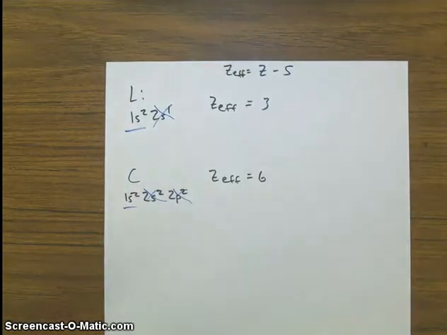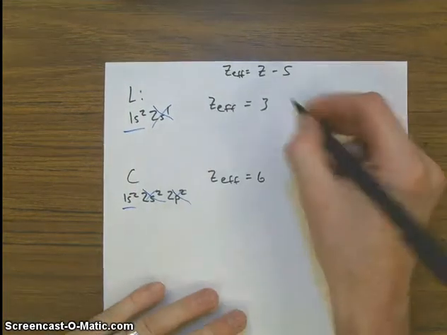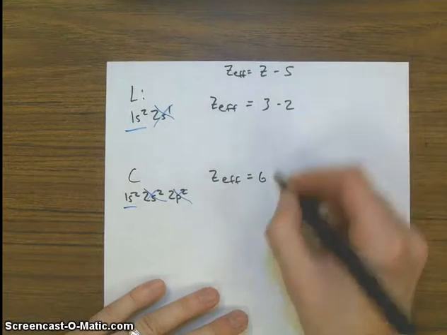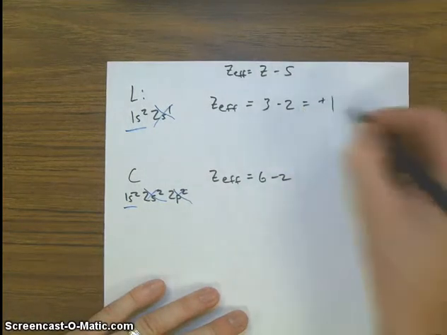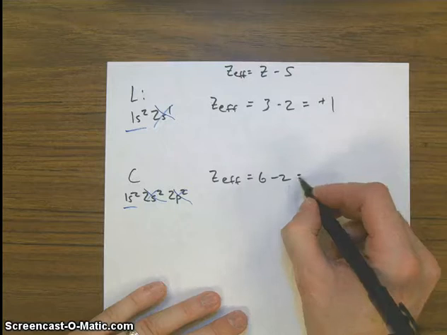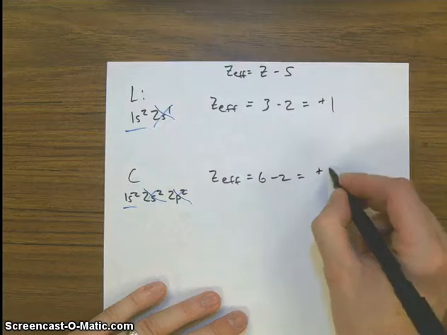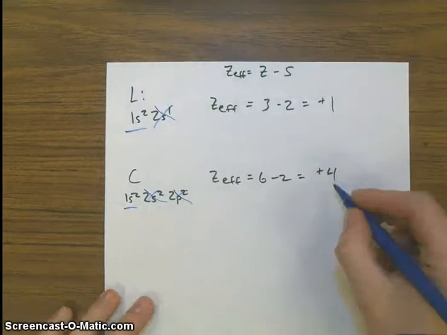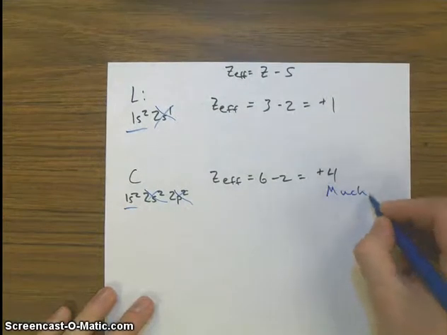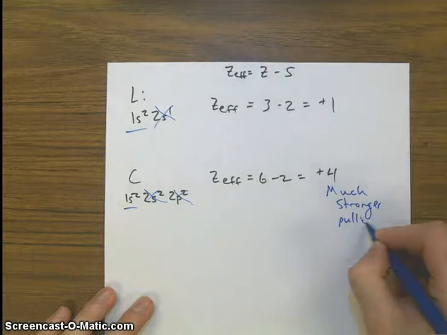And they both have the same core. They both have a 2-electron core. So minus 2, minus 2. And the effective nuclear charge is positive 1 for lithium. And for carbon, it's positive 4. Well, what does this show? That carbon has a much stronger pulling force. And because it has much stronger pulling,